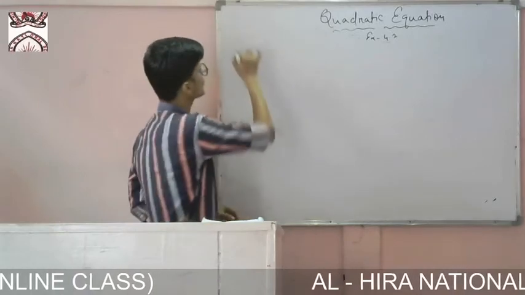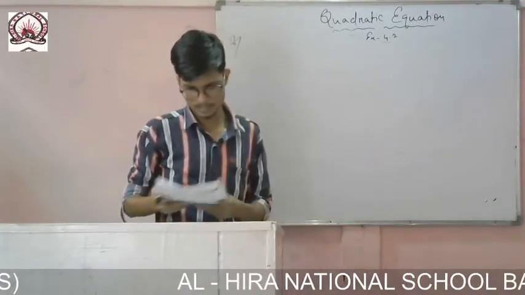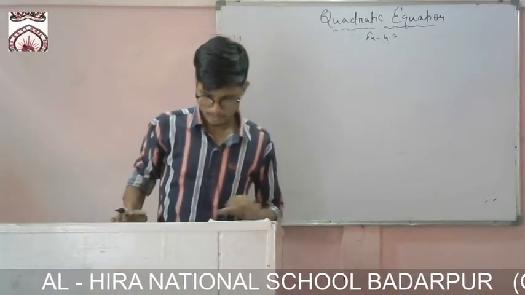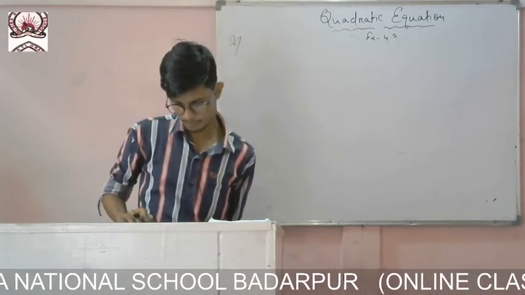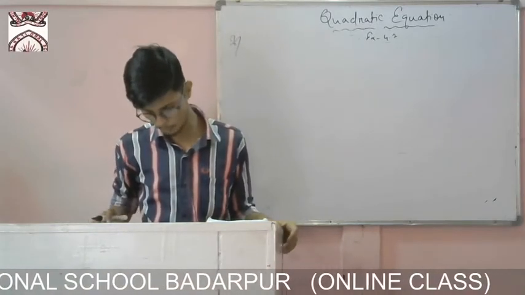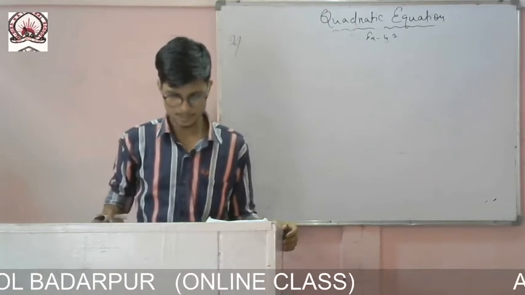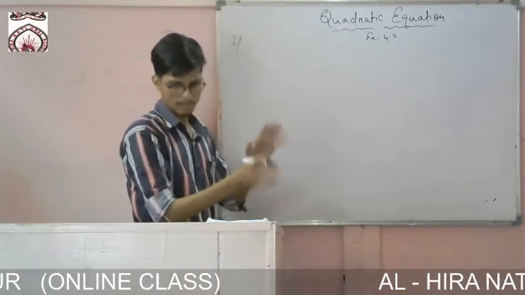It is question number 8. Let us solve it, and the next part we will do in the next class. So question number 8, it is given that a train travels 360 km at a uniform speed. If the speed had been 5 km per hour more, it would have taken 1 hour less for the same journey. Find the speed of the train. The same one you have done, same like this one you have done.